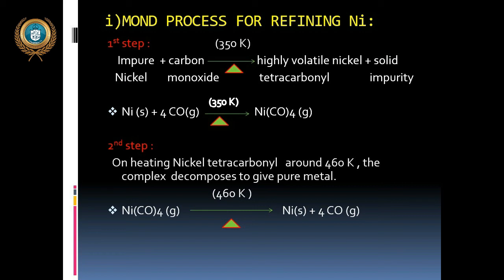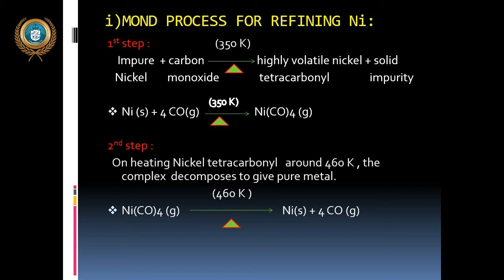Then above 350 Kelvin temperature, the compound below is more stable. With that stable compound, we can reduce the nickel, right? So with the help of the Ellingham diagram only, they have found this process. Nickel plus 4 moles of carbon monoxide, which is in gaseous form,